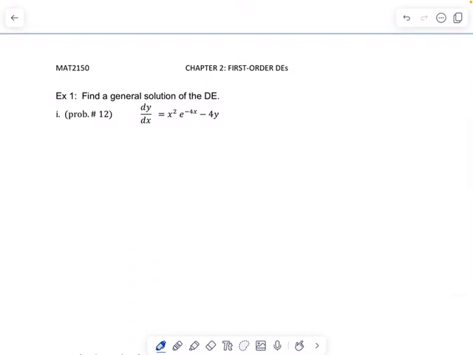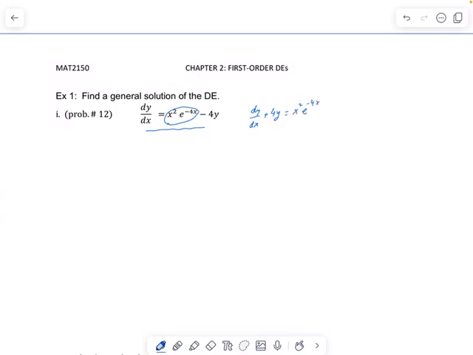I took a problem from the book. It says dy by dx is equal to x square e to the minus 4x minus 4y. So first thing we have to look at the equation and try to see if this is a separable equation. You can see this is not a separable equation, because you can move the y terms to the left and try to keep the x terms on the right. So you get dy by dx plus 4y is equal to x square e to the